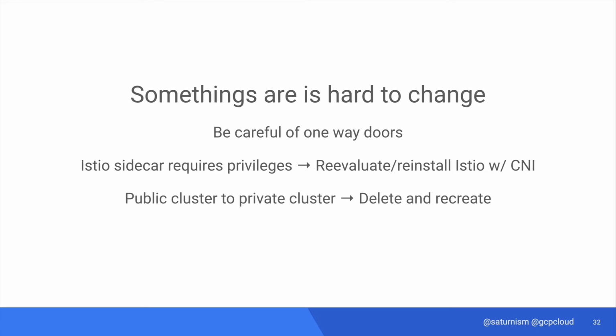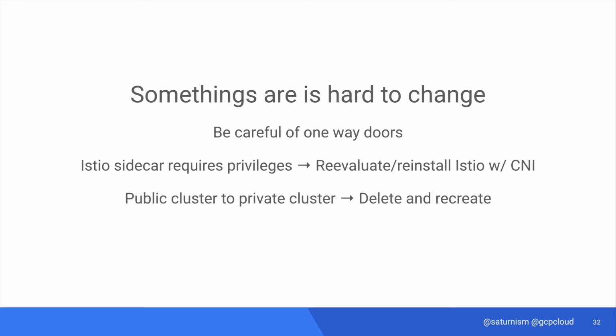This can definitely happen. If you didn't design your monorepo well, for example, then it will be really difficult to migrate some services into multi-repo in the future. And some of these one-way doors are easier to enter in the cloud than you think. For example, if you misconfigured a cloud resource, like you created a Kubernetes cluster with a public IP address, and now you need to make it a private IP cluster, it is not a simple switch anymore. You may actually have to destroy the existing cluster and then recreate it again.